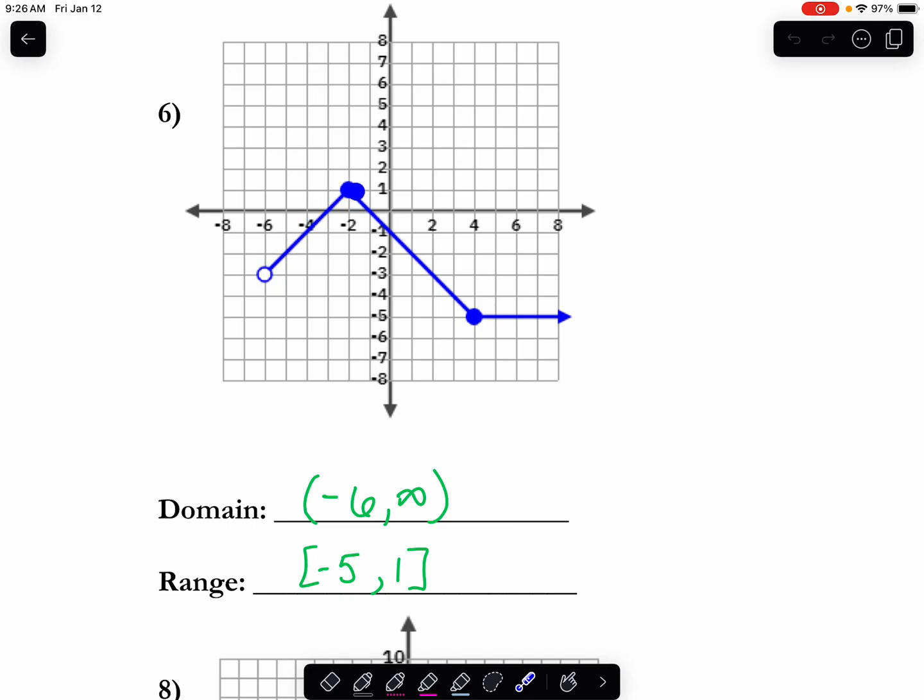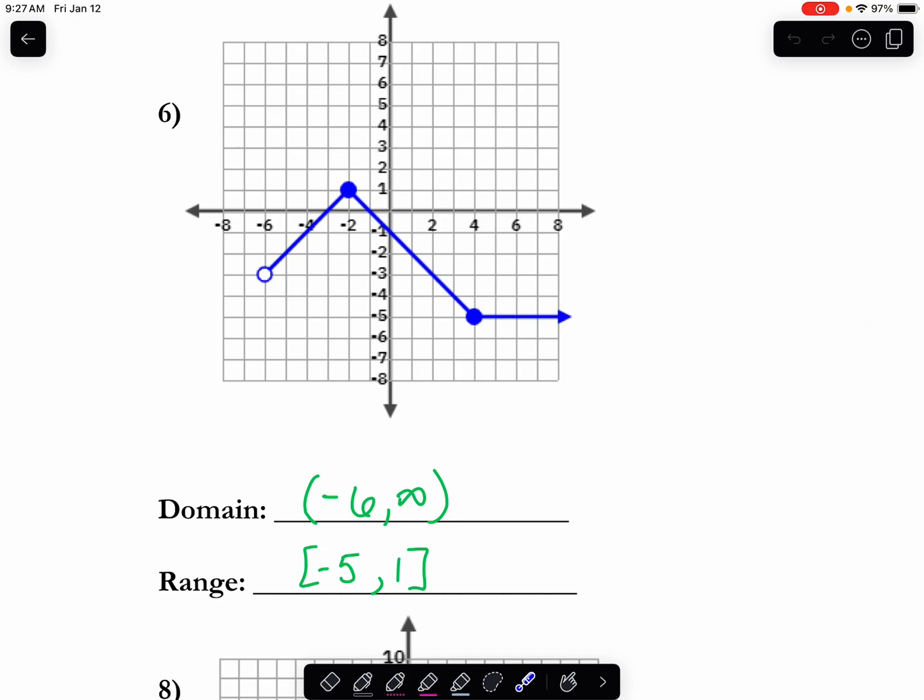We notice every point inside here, I'm not picking my pencil up at all, so every x value is included on the graph. Then I see this arrow, which means that as we move to the right, every x value to the right will be included, meaning we're going to go to positive infinity. So our graph starts at -6, doesn't include -6, but starts really close to there, and then goes on to